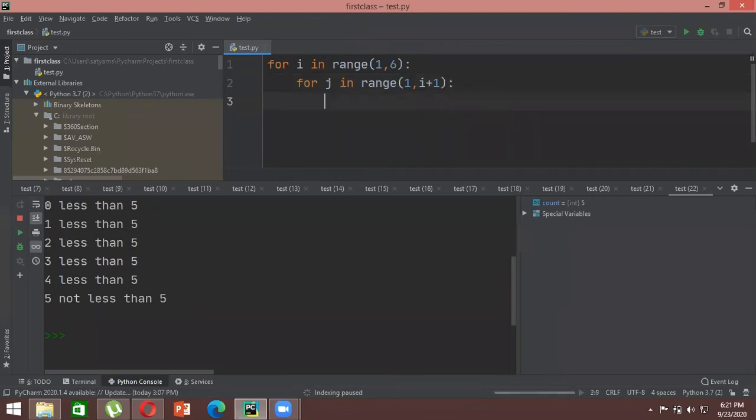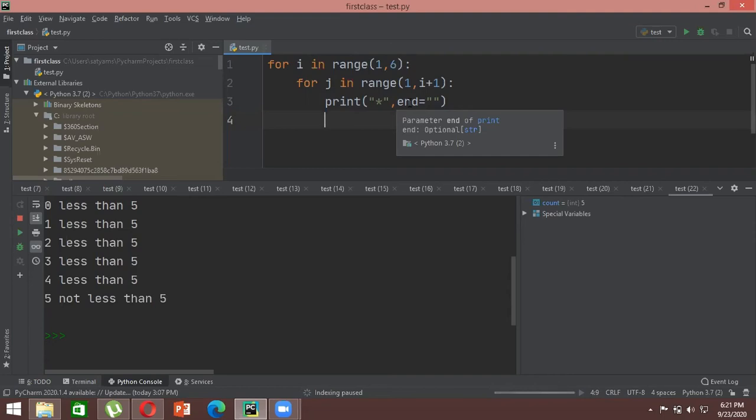So this will be our range condition for our column, and then you can print whatever we want to print. Let's say we print a star, and then you have to end it, and we'll end it with a space, like a null space, a void space, because we don't want anything else. That's how we can get a pyramid type of shape. Sometimes you can get a very peculiar type of pattern in which there will be a pyramid, but the star won't be followed by a blank space or a void.